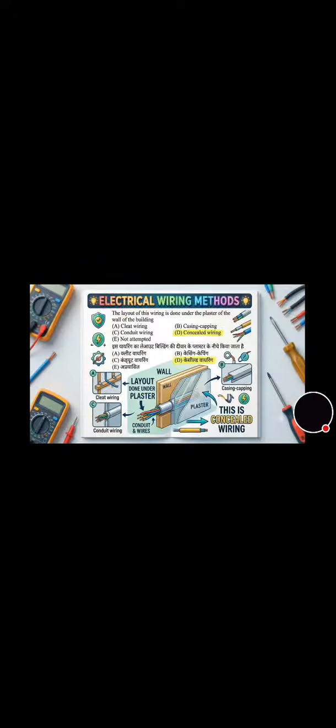Now next question, number 2. With the amount of current I, resistance R and the time of current flow T, the formula for converting electrical energy to heat energy is option A, H equals I square RT. Now move towards the next question. The layout of this wiring is done under the plaster of the wall of the building. और इसका करेक्ट आंसर है ऑप्शन नंबर डी, कॉन्सील्ड वायरिंग। आप फोटो से भी इसको देख सकते हैं।